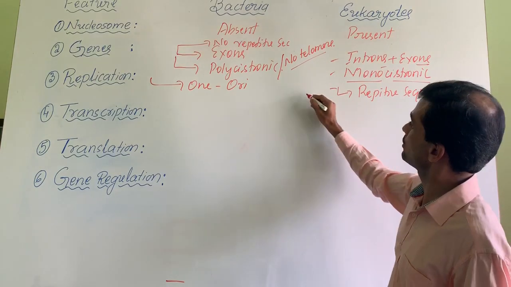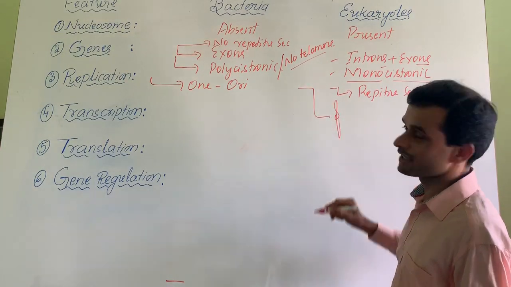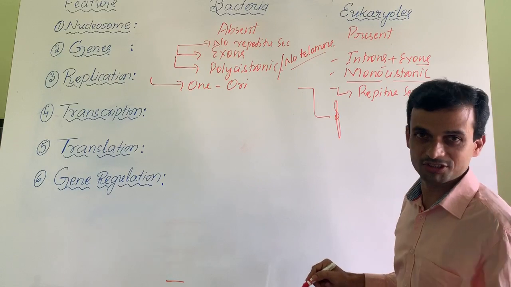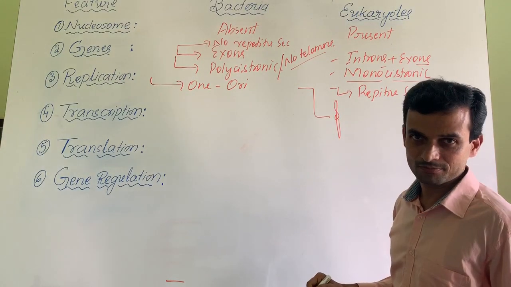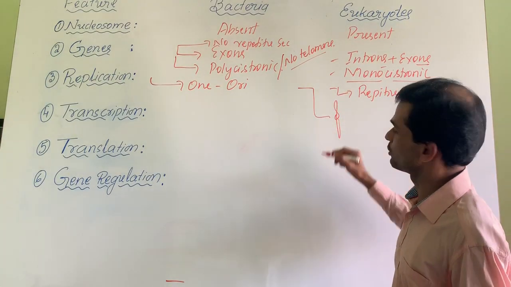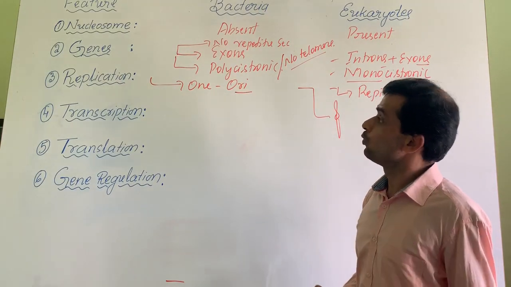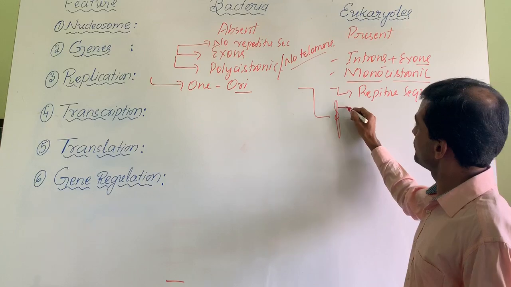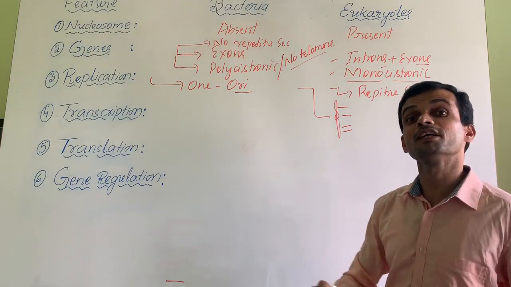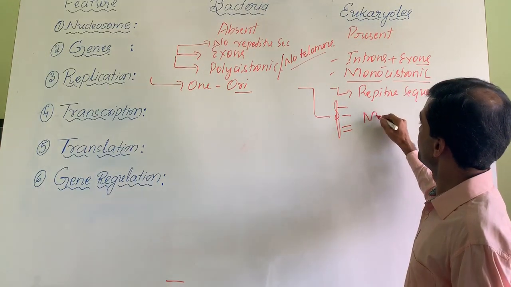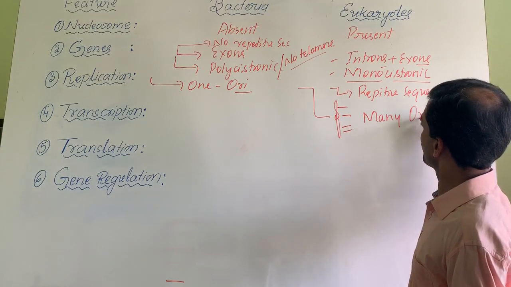Whereas here in eukaryote, it will be like this. This is the DNA. This chromosome has DNA. This can have several genes. How do you identify genes? We have to look at promoters, terminators, etc. I'll tell you about that later. I was talking about ori. This one will have 1, 2, 3, 4, many hundreds of ori. Many ori. What is the role of ori?